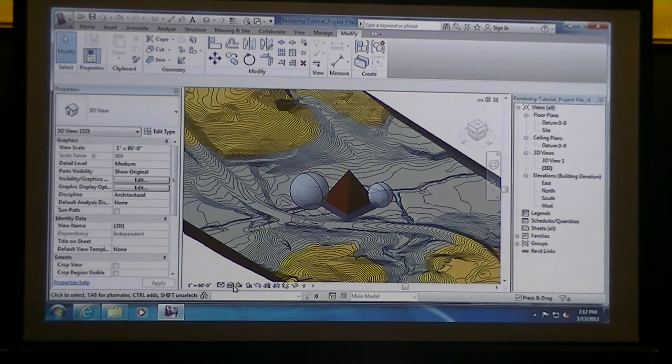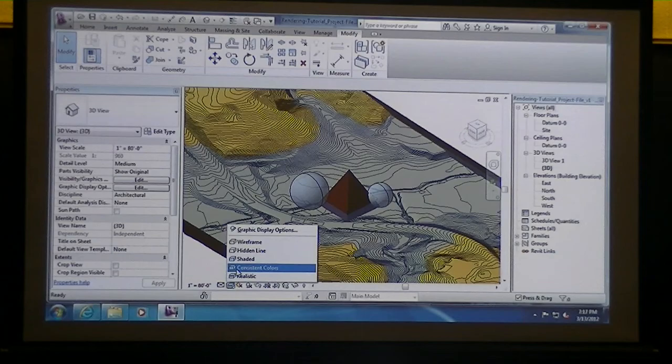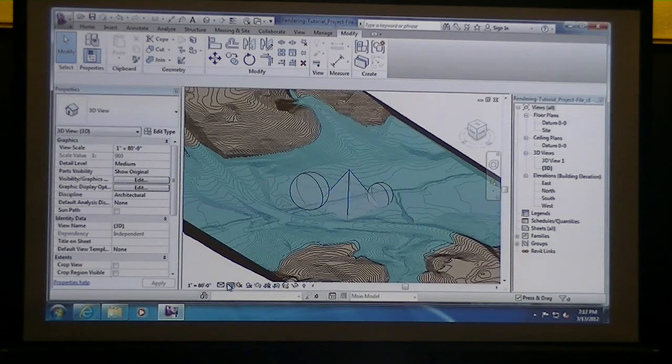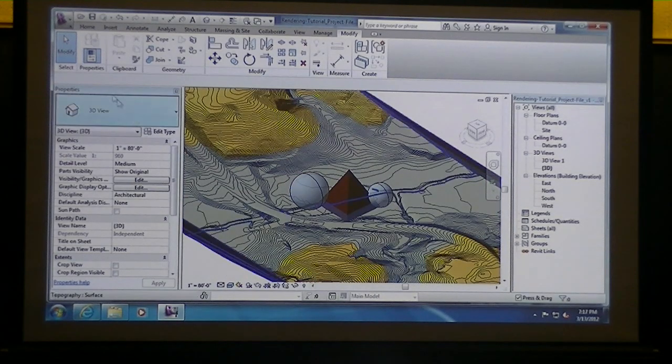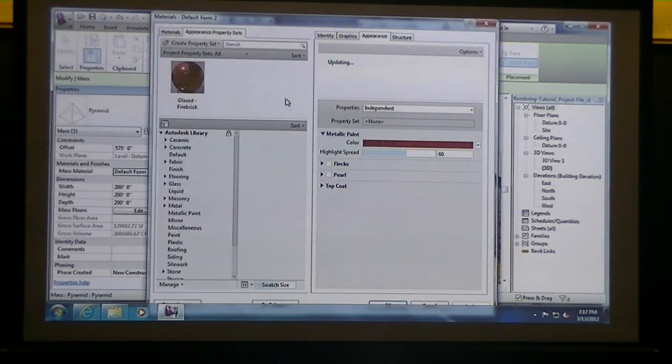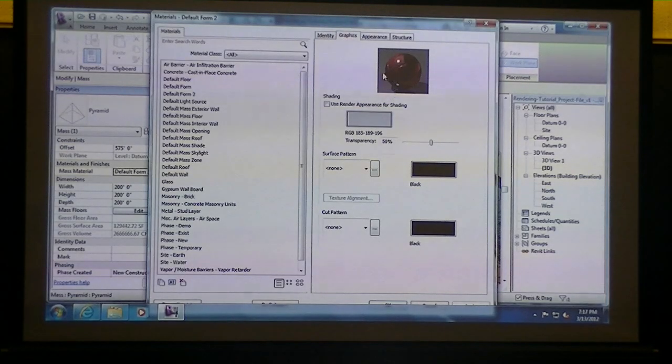And that change, you'll notice, won't change until you change your view settings from shaded down to realistic. Basically, when you're in this material environment, what you see in the 3D view that you've normally been working in is that you're typically looking at this render appearance, or what's under shading is what you're actually seeing when you're in that 3D view. Let's say you change your appearance of this item and it's this metallic red, and